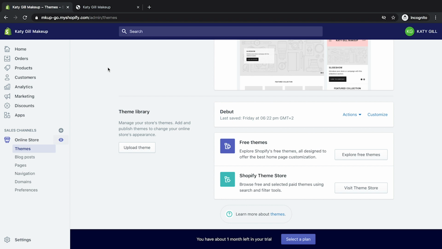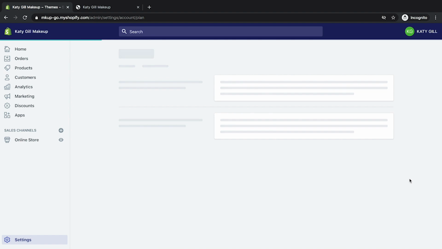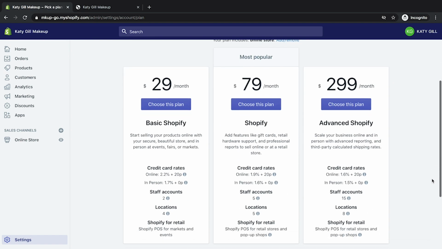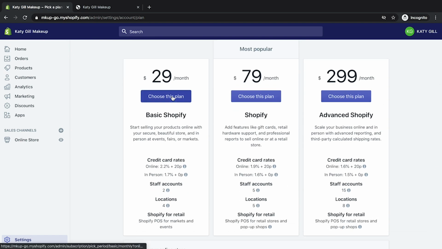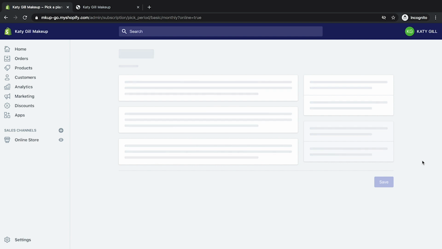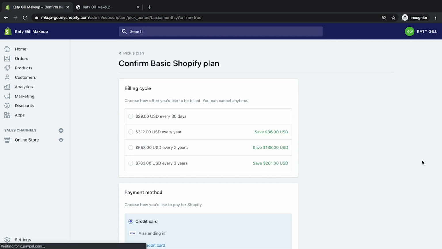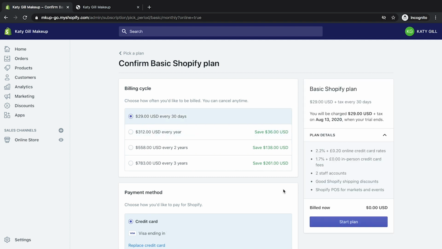We're going to hit some limitations at the moment because we are on the trial plan, which doesn't let you see the checkout, and you have to be logged into the admin area to see the actual store. So let's go ahead and select the plan and get that out of the way. I recommend just starting on a £29 a month plan. And Katie has already purchased a theme from Shopify, so her card details are already stored on the system.